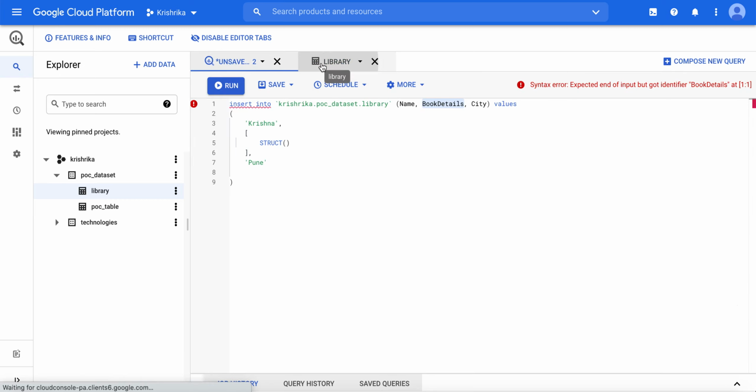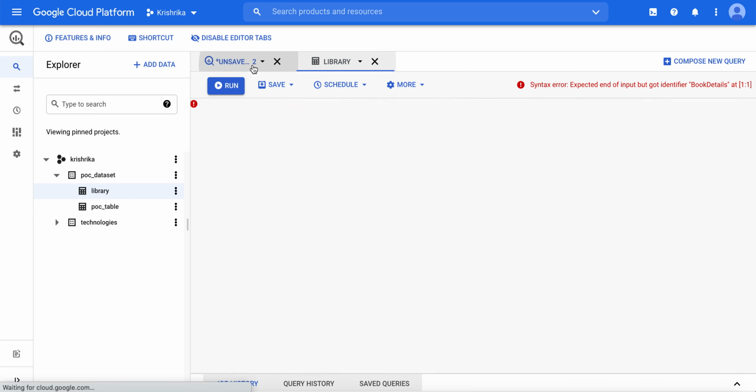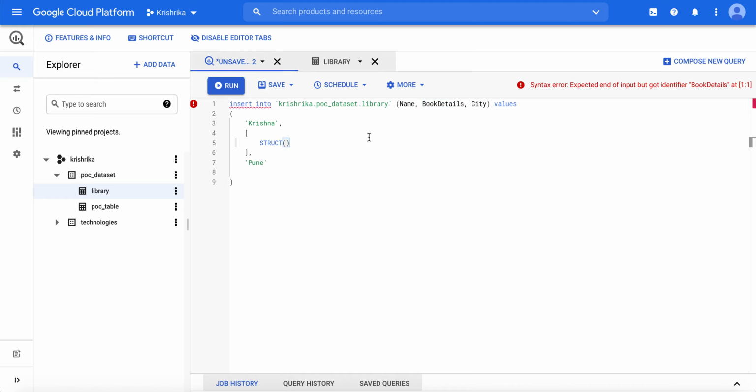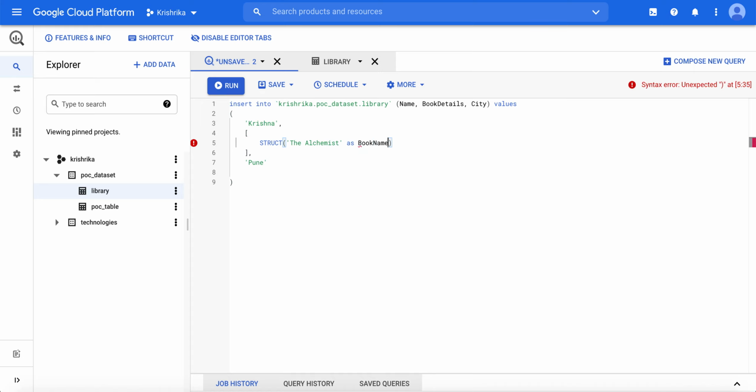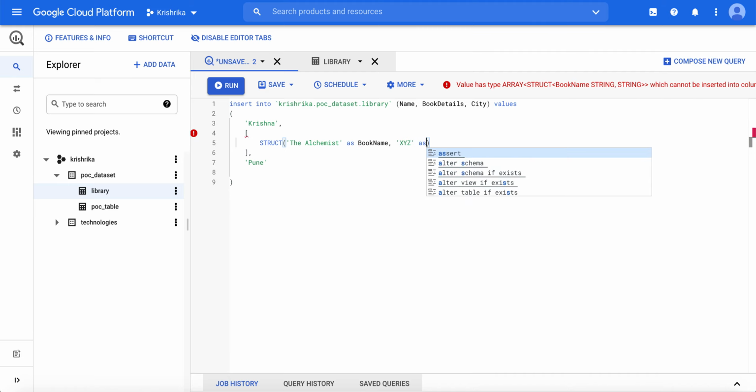So you can enter now. Suppose The Alchemist as book name, production house can be XYZ as production.